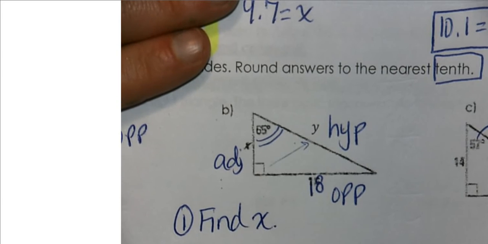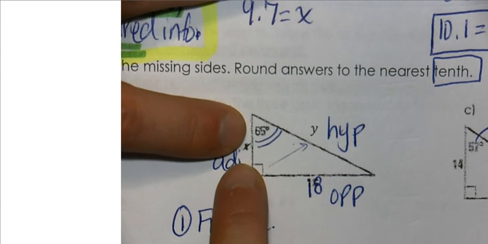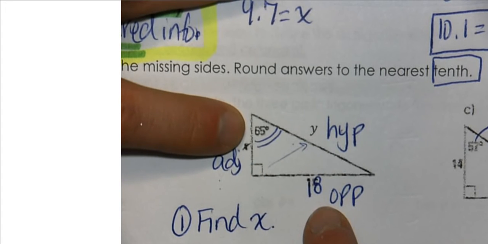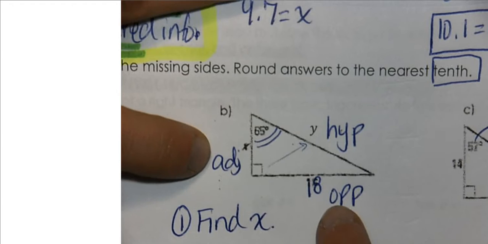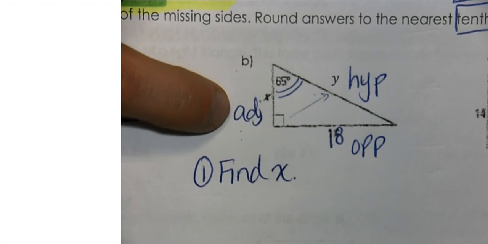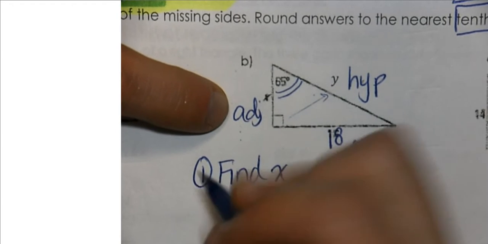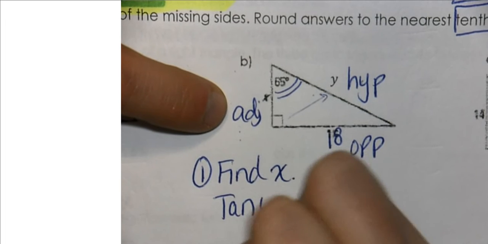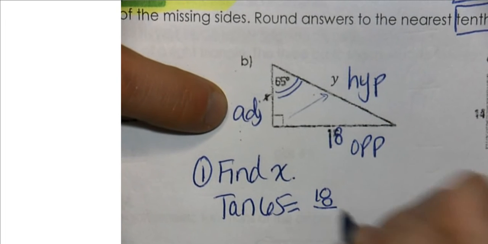And with respect to 65, x is the adjacent. And based on given information, I know the opposite. This is A and O, or O and A, and that's going to come from our TOA, which is tangent. So I'm going to write the tangent of 65 is equal to opposite, which is 18, divided by the adjacent,